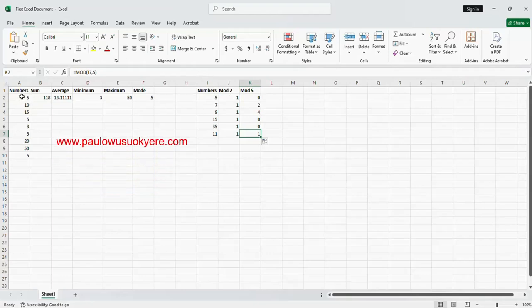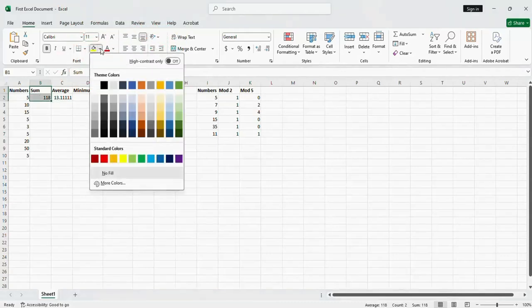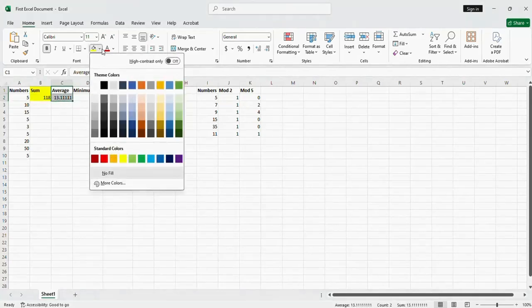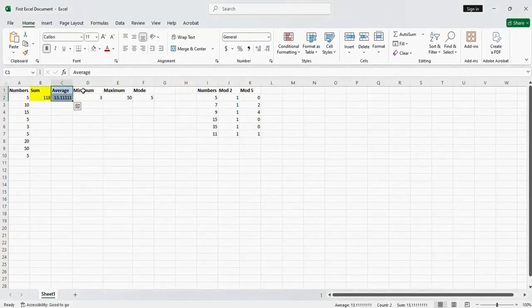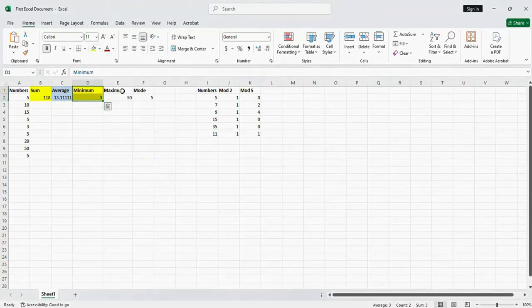Okay, so the sum column, you can select and use fill color yellow, and then average, you can use light blue like this. The minimum number yellow, and the maximum number, you can use light blue